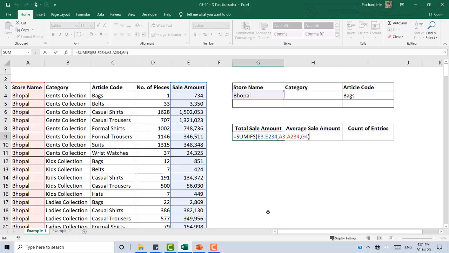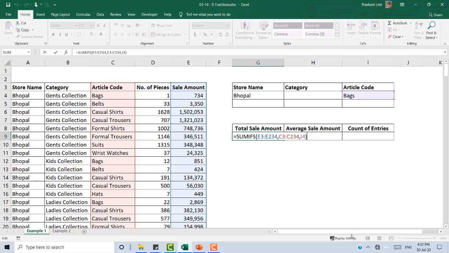Then if, for example, I want to see the total of all the bags, article code bags, then I'll just change this criteria range to article code and my criteria to bags. Okay, 39,871. Up to this it is fine, SUMIF is working perfect.